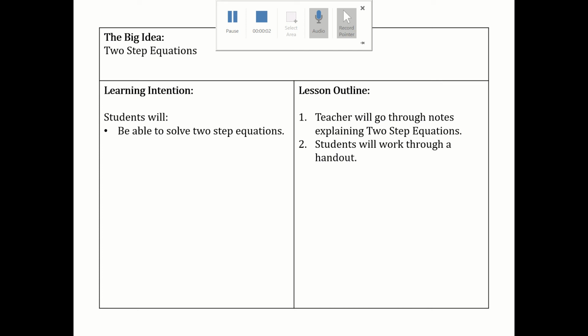Hi guys, you're starting a new topic on simultaneous equations. So today's lesson is just a revision on two-step equations. Make sure you've got your notebooks out and you're writing the heading two-step equations and writing your notes